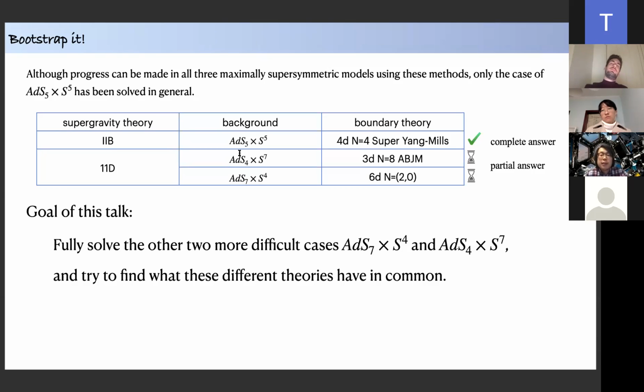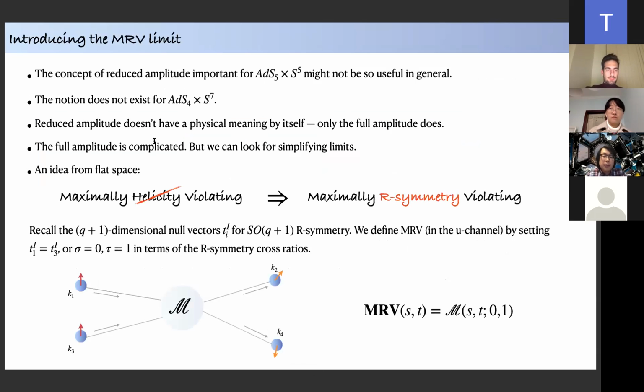So we developed these methods using bootstrap ideas, and we can compute correlators in all these three models, but the only case which we managed to solve in general is the case of AdS5. And so the goal of today's talk is to go beyond that and solve the other two more difficult cases, namely AdS7 and AdS4. And we are also going to try to see if we can find some universality in these different theories. So to do that,